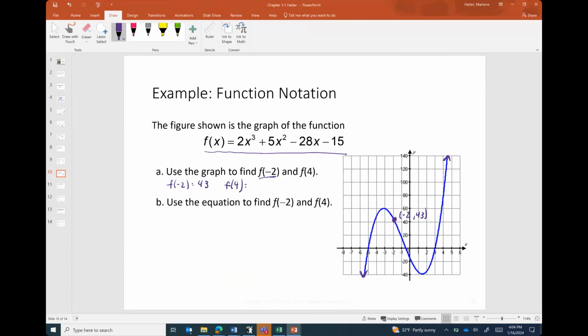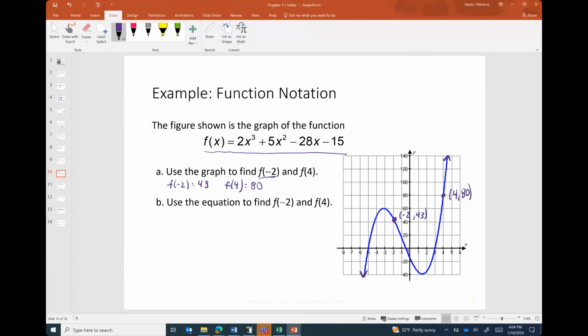F of 4 is what? Let's see. Where is 4 on the graph? It looks like it's about right there. Coordinates of that point are going to be 4, 80. Okay, so it looks like f of 4 is 80. Right? Now that's kind of estimating because it's not real clear on the graph what's what. All right, but we can